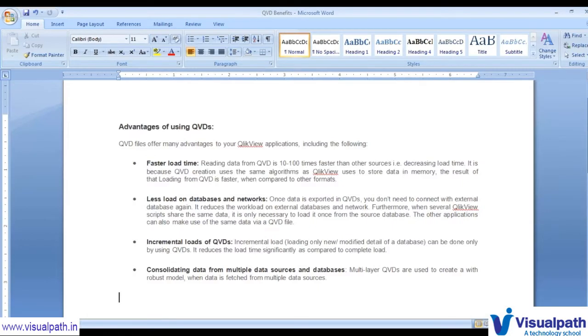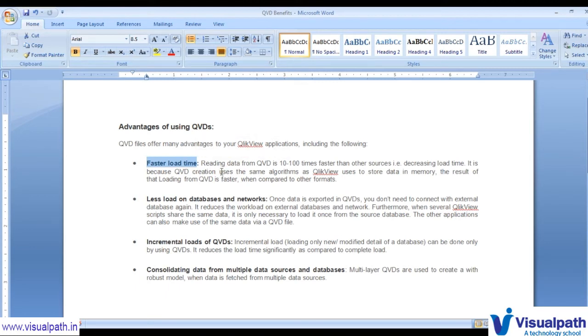Okay, so let me go to the advantages of using QVD. QVD files offer many advantages for your QlikView applications. First, faster load time. So basically friends, what happens when you are loading database files to QlikView? There will be huge data in your databases, for example in an SAP system or SQL system.